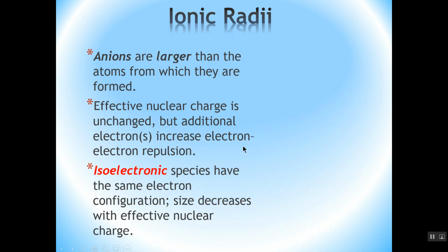All right? Now, at this juncture, I want to introduce this term here, isoelectronic, right? What do we mean by this term? Well, basically, isoelectronic species are species that have the same number of electrons, or the same electron configurations, all right? So just to give you,